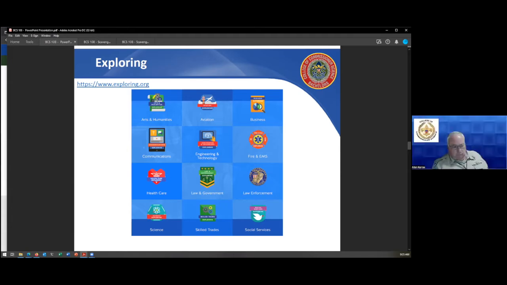So wider focus in general, but very narrow focus as you get into the programs on specific topics that are of interest to you. And I think Exploring goes up till 21, just like all youth programs for scouting. So as they get older, maybe they're in college in a nursing program or some other health-related program, and they're meeting with professionals so they can learn a little more about what they need to do and get some extra experience. I know here in Utah, we've talked about trying to start a maritime explorer club for younger youth